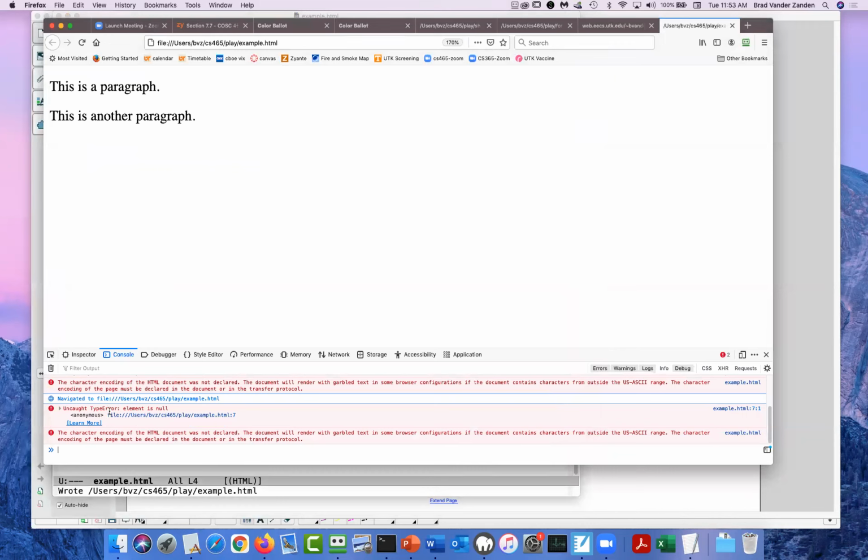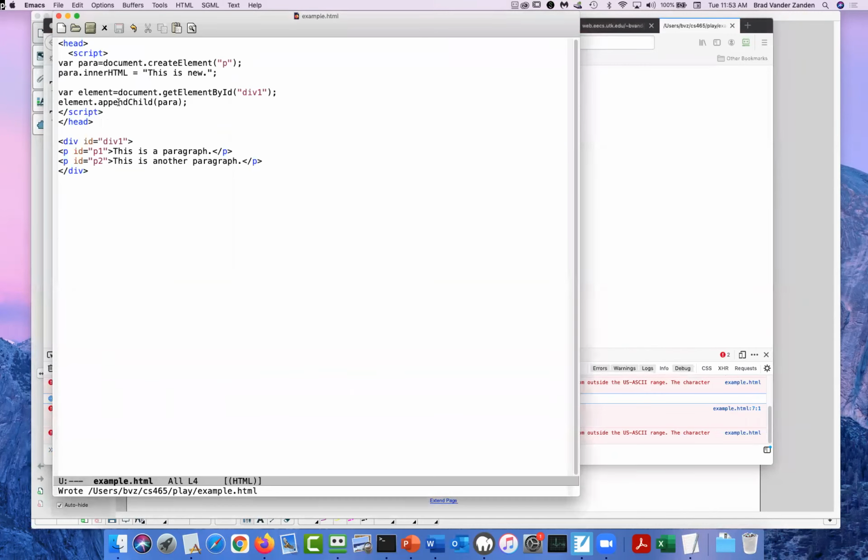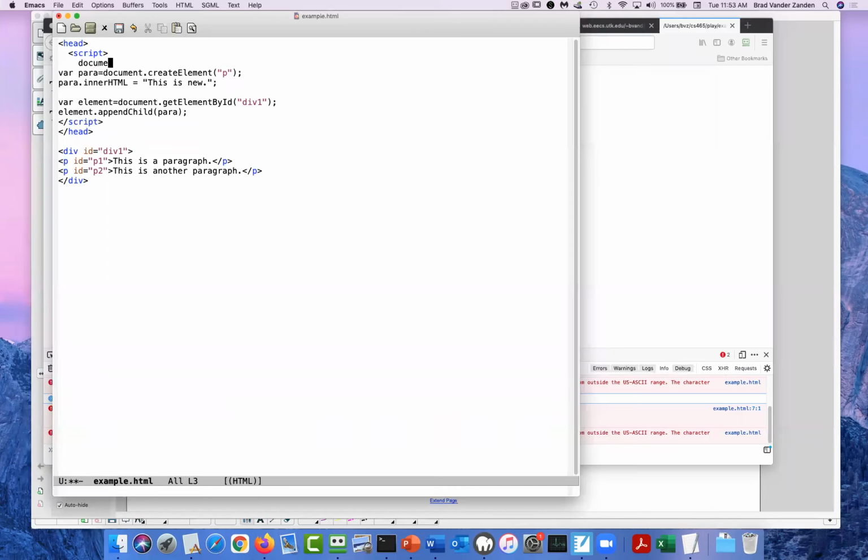Type error, element is null. Okay, so I think this is more like what I was expecting. Element is null at line 7. And I believe that's because the document object model is not yet constructed. So normally you want some stuff done, but after the document object model has been constructed. So one thing that you can do is